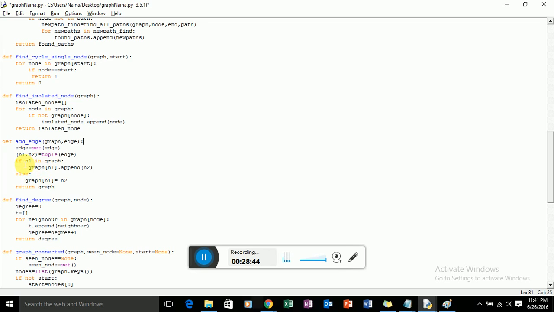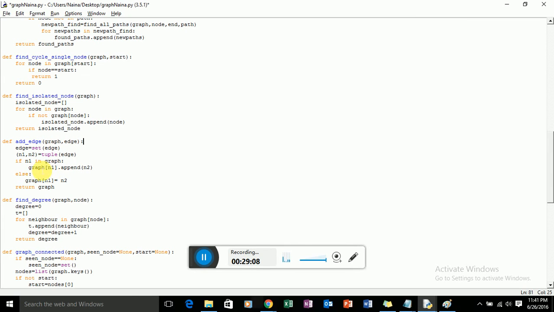So for node n1, here I am trying to add an edge between A and E. So A is my n1 and E is my n2. If n1, that is A, is in the graph, then graph of A dot append will be this n2.